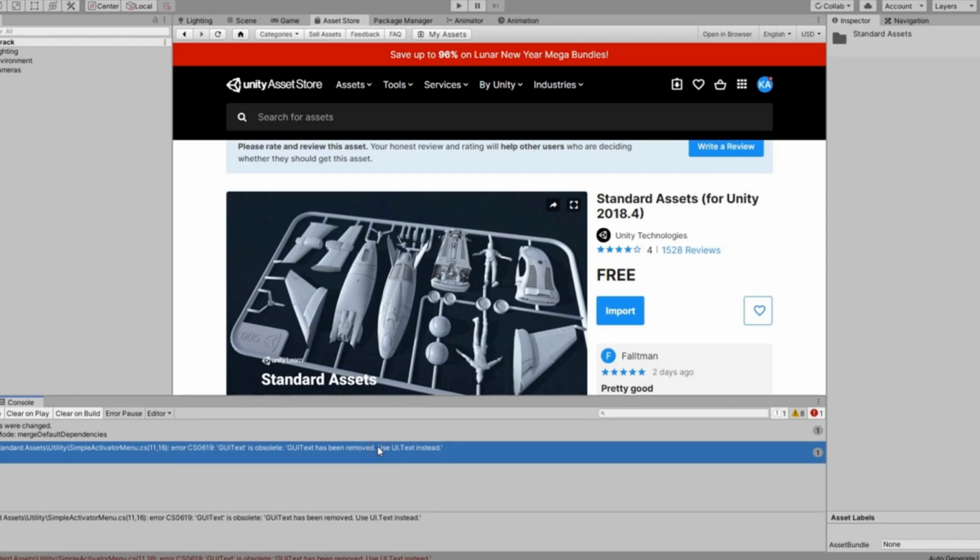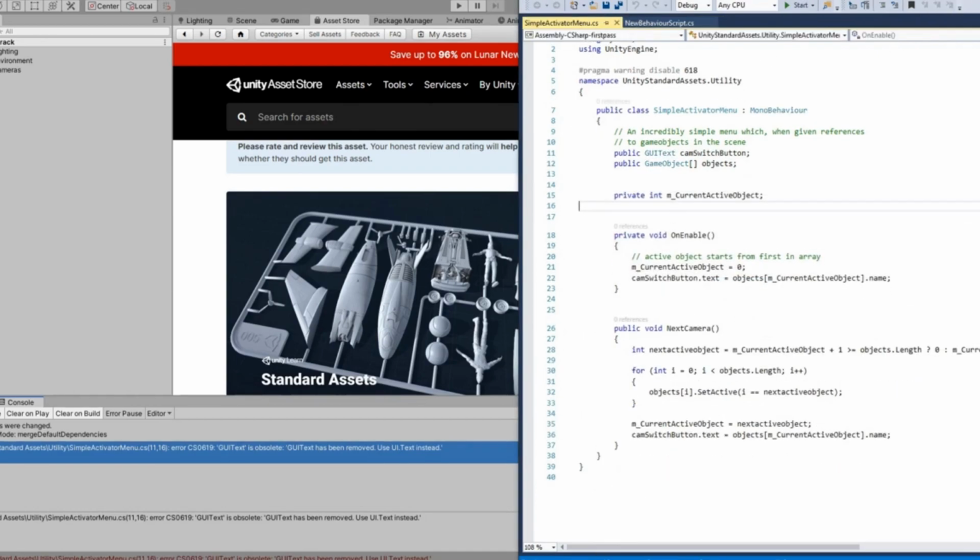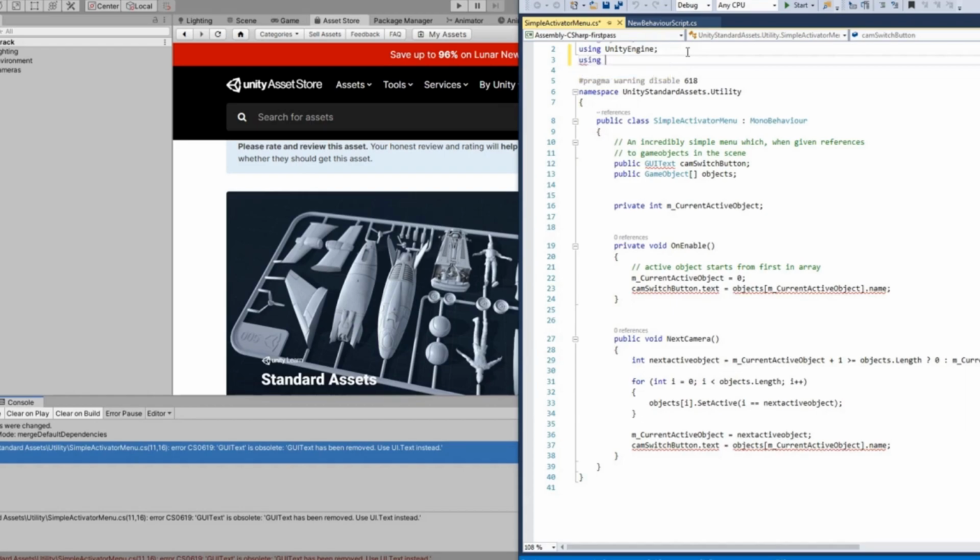So double click the error and it will open inside the editor. So actually it is not too much work to solve this error. The only thing we need to do is first type here using UnityEngine.UI and replace here GUIText with Text only.